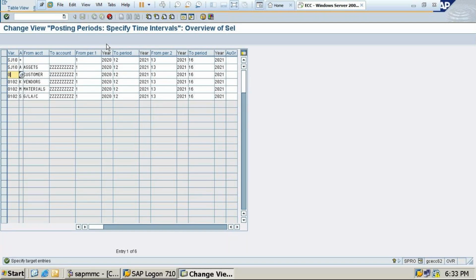You should not press enter key, students, be careful. You should use the arrow key or take the help of mouse to go to the next row. Okay, if you press enter, that means data saving wrongly will happen because you have not completed data and you are pressing enter. So do not press enter, use the down arrow key which is available in the keyboard. Either the laptop also key, small 4 arrow key is there that you need to use. Okay, so I have changed all these things, and this is 2020 is given, so 20, 21, 21, 21 is there. So it is starting from the 24. I'm going to use 24.